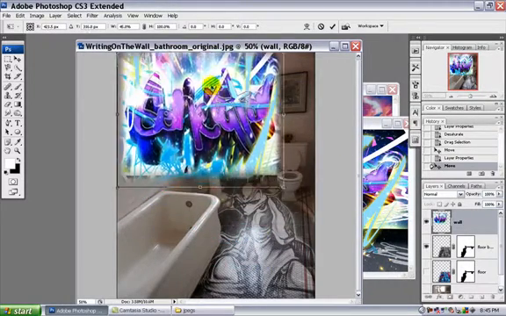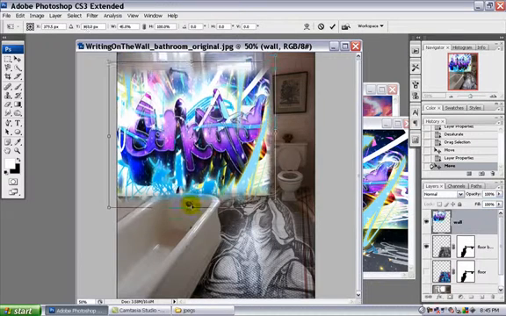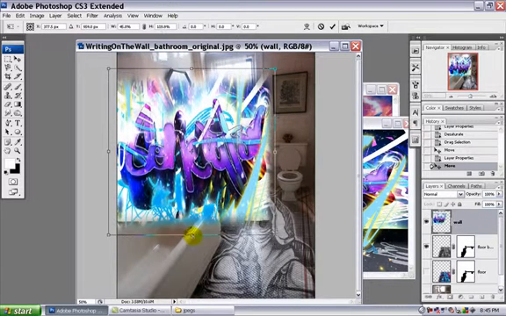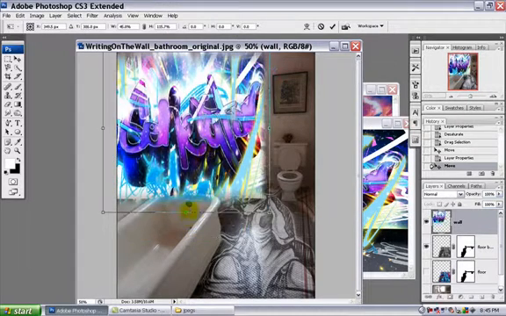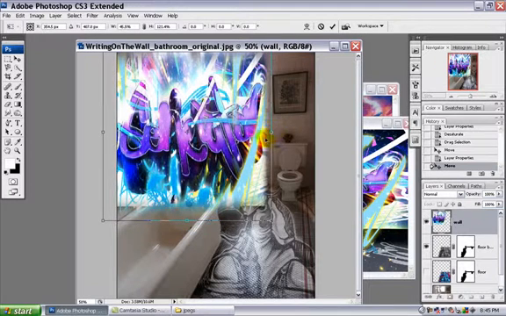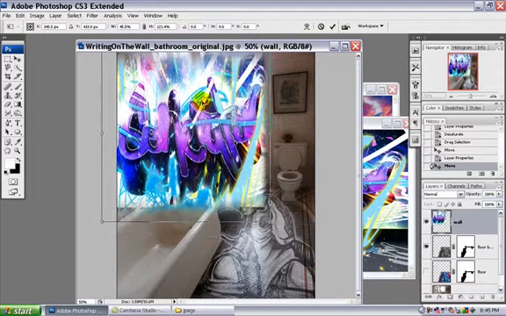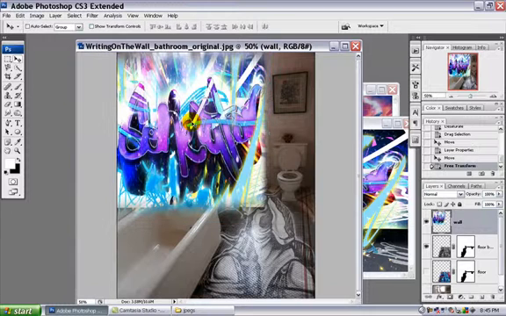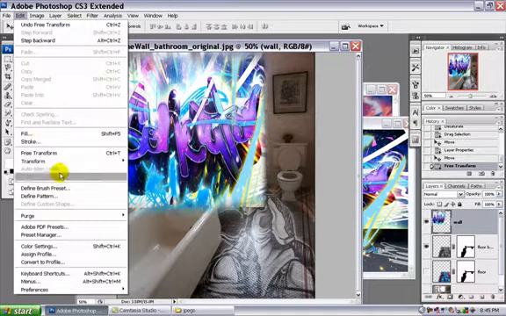It's also not as big as the wall, so what I'm going to do is pull this handler down to make it a little stretched. It's okay if it looks distorted because it is graffiti after all, and I don't really mind if it looks distorted. We're going to use the perspective transform to make it look like it belongs on the wall. Once I like it the way it is, I'm going to hit enter, and then I'm going to come up to Edit, Transform,